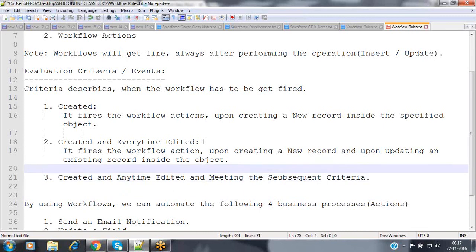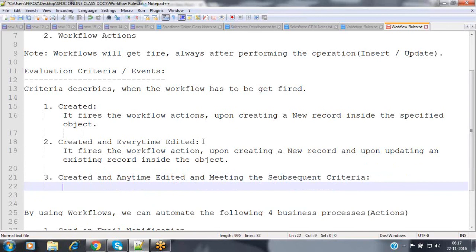And the third one, created and every time it is edited and meeting the subsequent criteria.